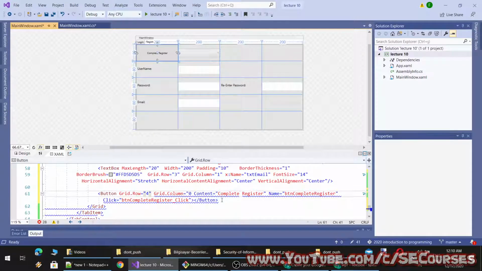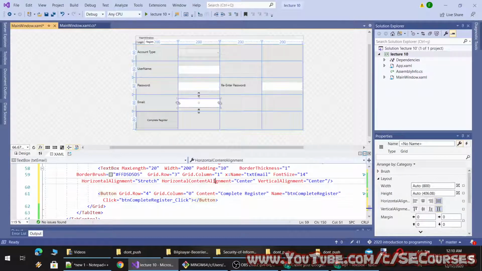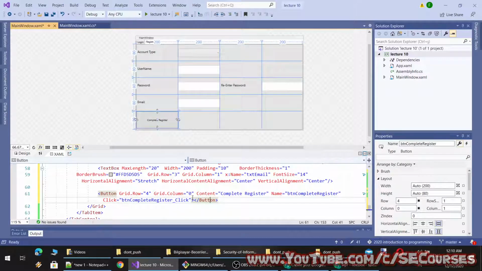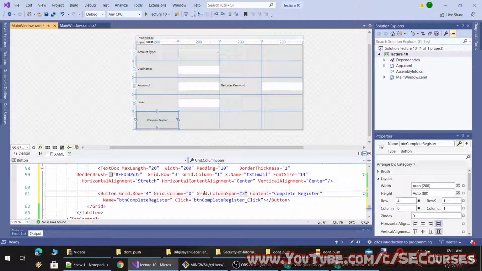It says I have an invalid break somewhere here. Okay, complete register. I wonder if I can make this span two columns. Column span. Yes, I can make it. I will make it 4. Okay.